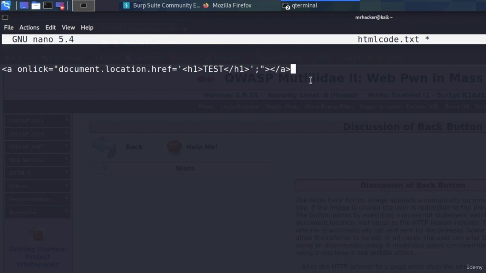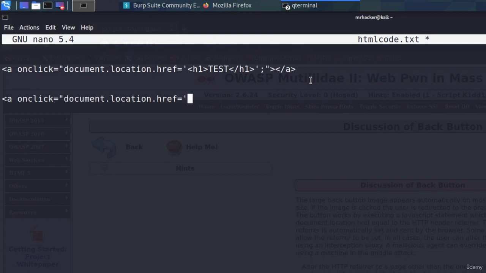Well, here's what we can do. Let's try to write our payload down here. So it will start with onClick, document.location.href equals open single quote. And the first thing to notice is that this document starts with double quotes. So perhaps what we can do is make it end right here by adding the closing double quotes, instead of just starting to write our HTML code right here. So now perhaps if we write our HTML code,